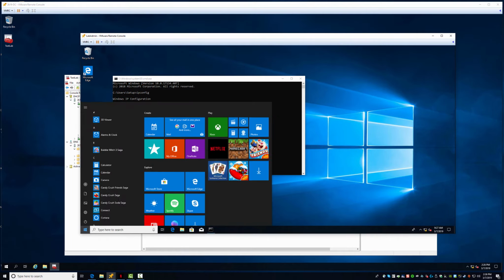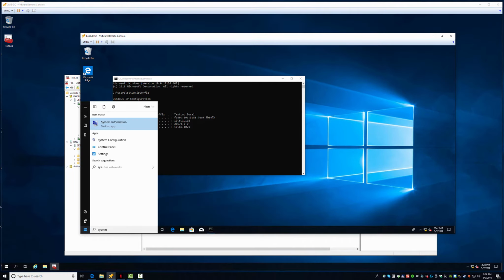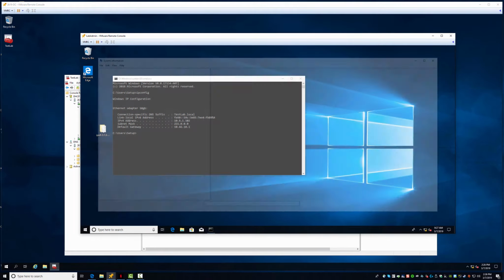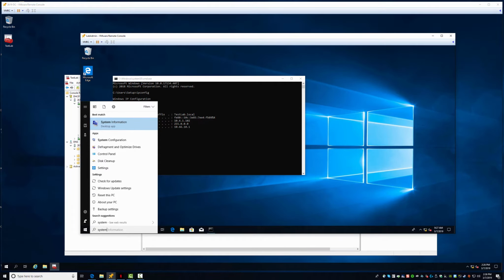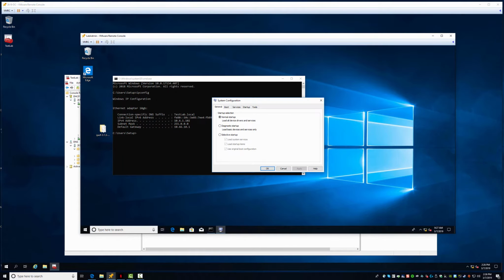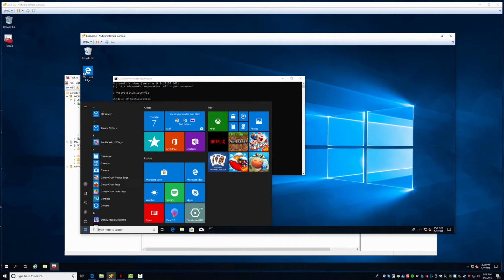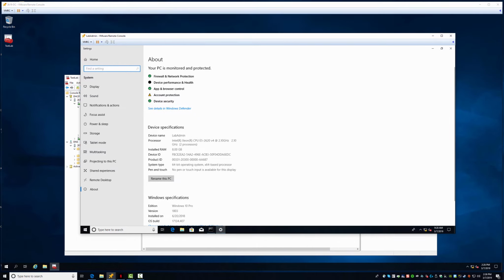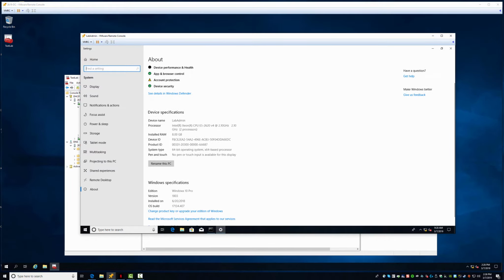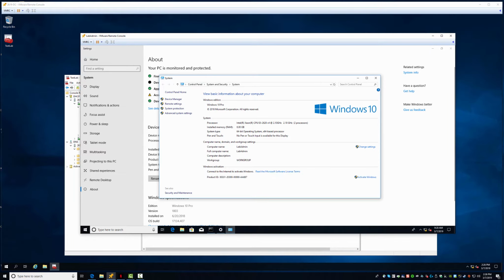Alright, well, you know, we can also do system, oh, if we spell it right. System information, wrong one. System configuration. Yeah, see, whatever. Do it the way I'm used to. The long way. It is a little long, but because I always put it over here. System info. That was it. Okay, so to activate Windows, but